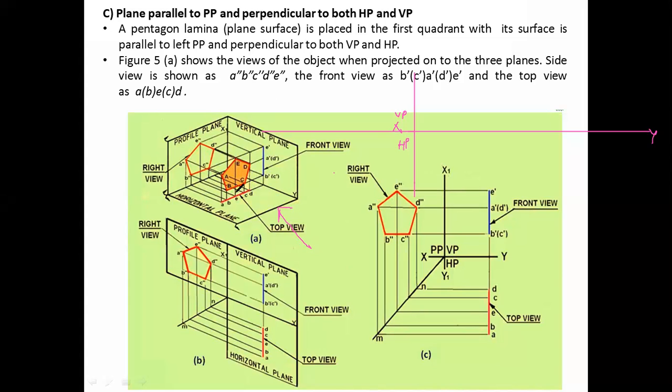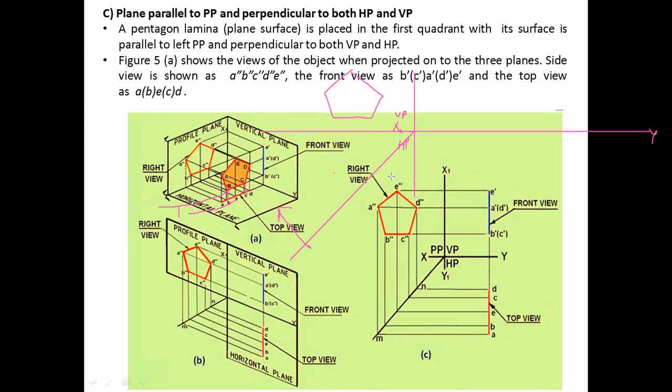Understand? So this location may be given to you in the form that this bottom edge is this much away from the horizontal plane, and likewise it may be given like this, and this length BC, the pentagon of this much length may be given. So first of all we'll draw the pentagon here like this. Clear? First we need to draw the pentagon, isn't it? Correct or not?